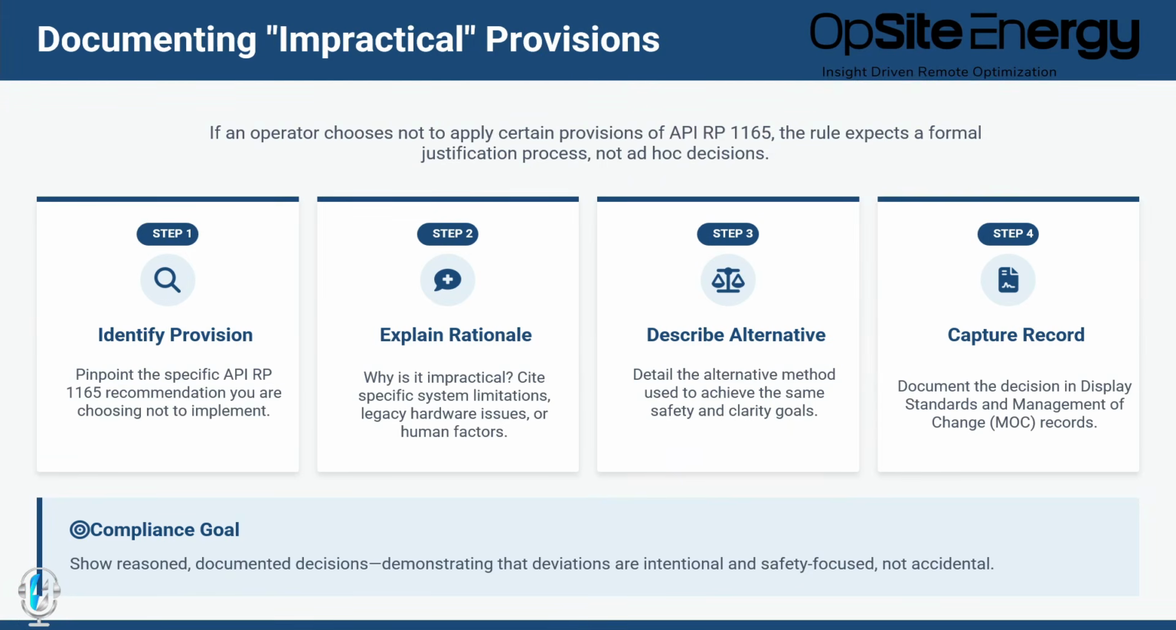If an operator chooses not to apply certain provisions in 1165, the rule kind of just expects that formal justification. So walk us through maybe the top 4 things that you want to consider if you're going to be doing some impractical on the provision. Yeah, so as we laid them out here, 1 through 4,